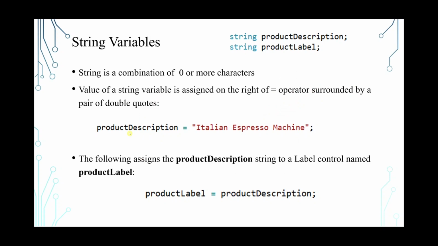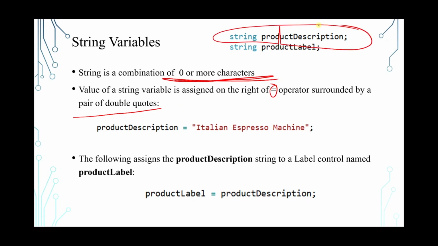So string variables. A string is a combination of 0 or more characters. And I just explained that a couple of slides back. So the value of a string variable is assigned on the right of the assignment operator, surrounded by a pair of double quotes, something like that. So assuming that you created a string product description, then you assign the string value. What is the string value? Words surrounded by